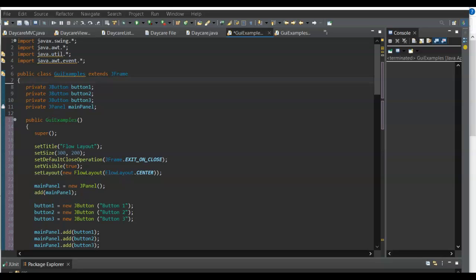A GUI widget is a part of the GUI. They are graphic control elements that help control the appearance of your GUI, and they're combinable and reusable, and they make up the whole of the GUI. So I will be showing layout managers, specifically three common layout managers: flow layout, grid layout, and border layout.